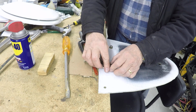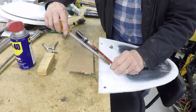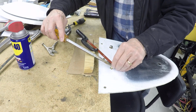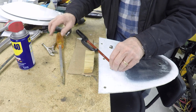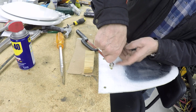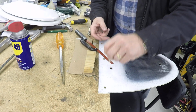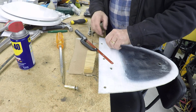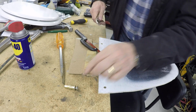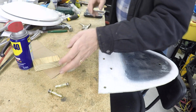Grab it with the vice grips, and if you can get under it, you can pry it out with the wood. Pry it out like so. Pull it out by rocking motion. You can see where the things are, and then again squeeze the body of the anchor, and that will pretty much get you on your way. After you get the anchors, the old anchors out, clean the porcelain